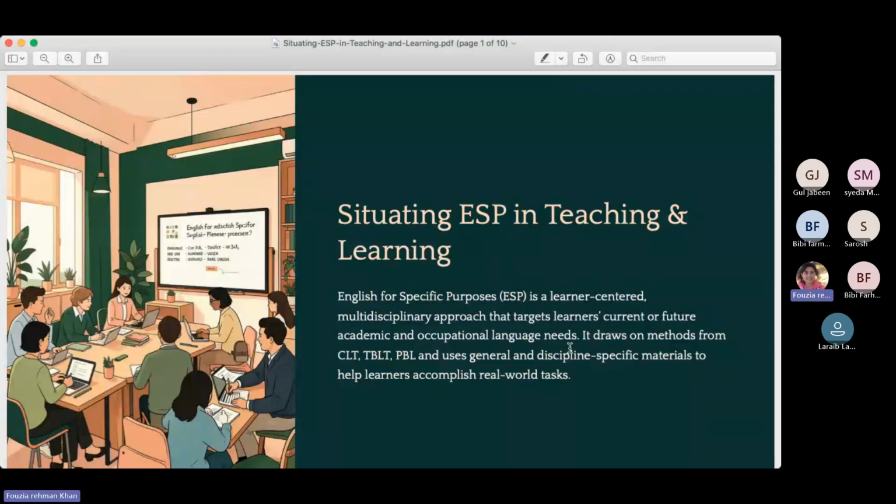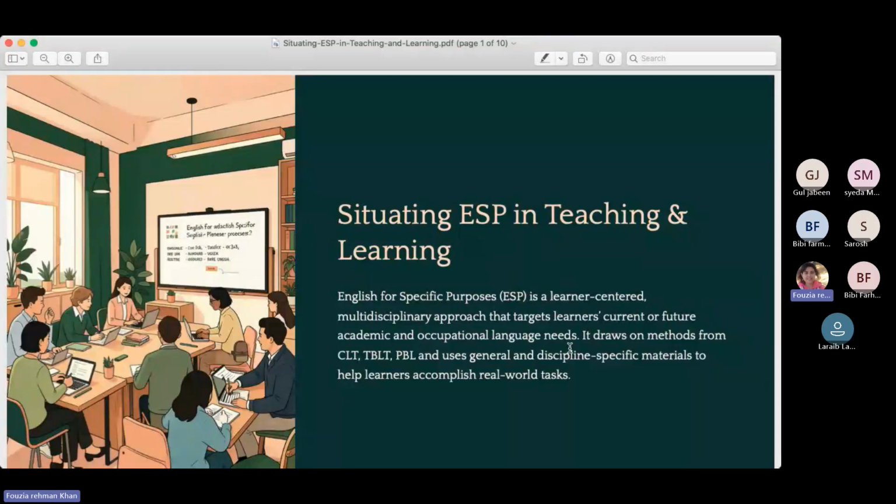Right. Now, English for Specific Purposes, or ESP, as it was just mentioned, ESP on your timetable. So this stands for English for Specific Purposes. I don't know if you have done your language teaching methods, but for simplification of the concept, ESP is one of the teaching methods. There are a number of teaching methods. By teaching methods, I mean teaching of English as a second language methods. Okay, and there are a number of methods like